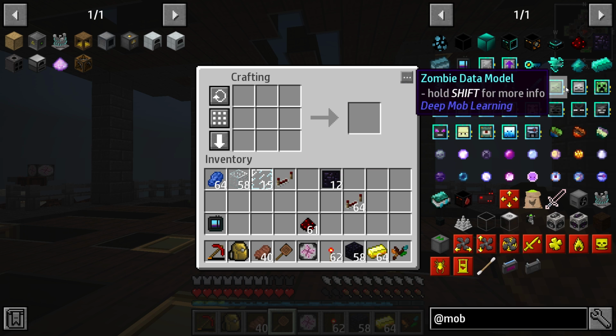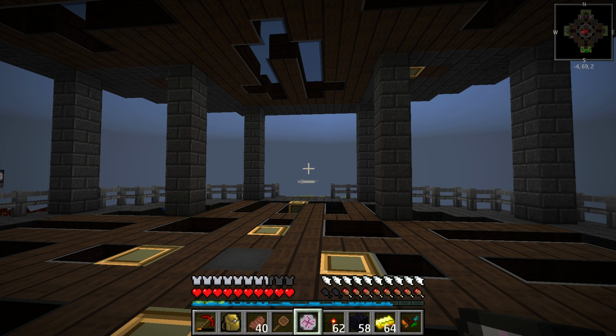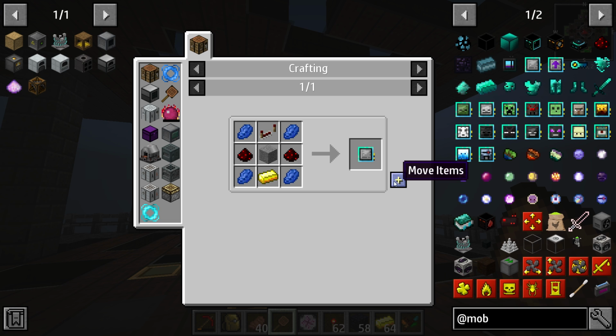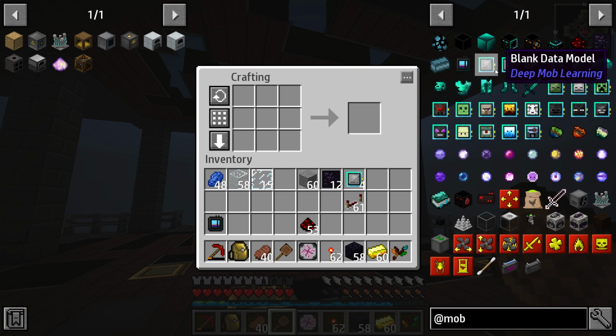I'll get a few of those. Alright, so blank modules. Oh, stone. Good old-fashioned stone. We'll pull this out. We'll get this started. We need to take this, and I'm going to make a couple of them. I'll do 4. Couples, 4 more than a couple, but...